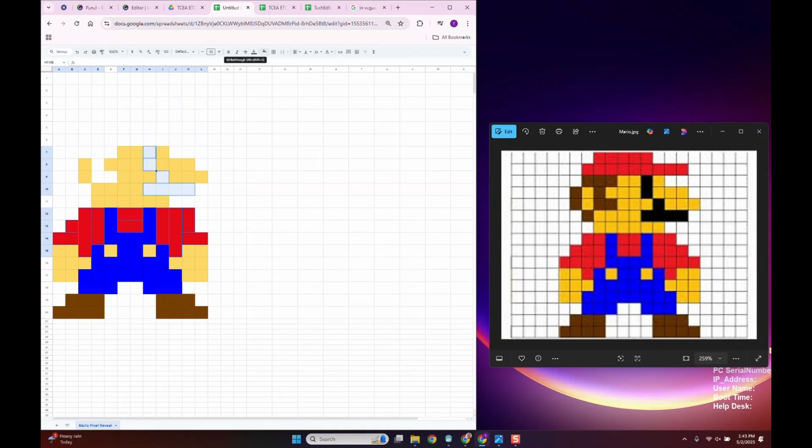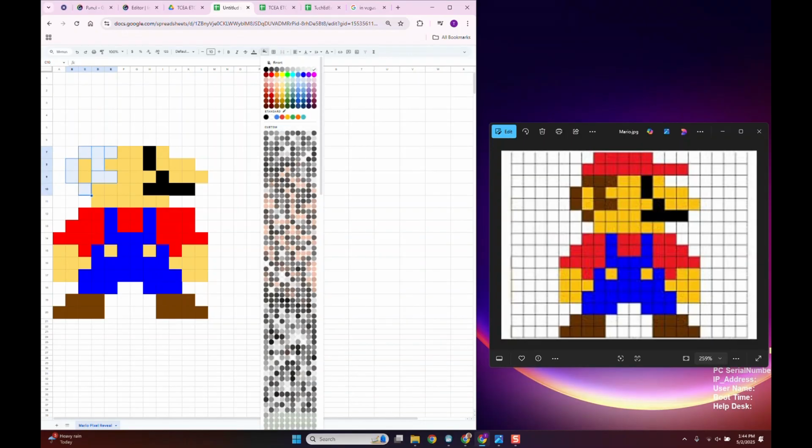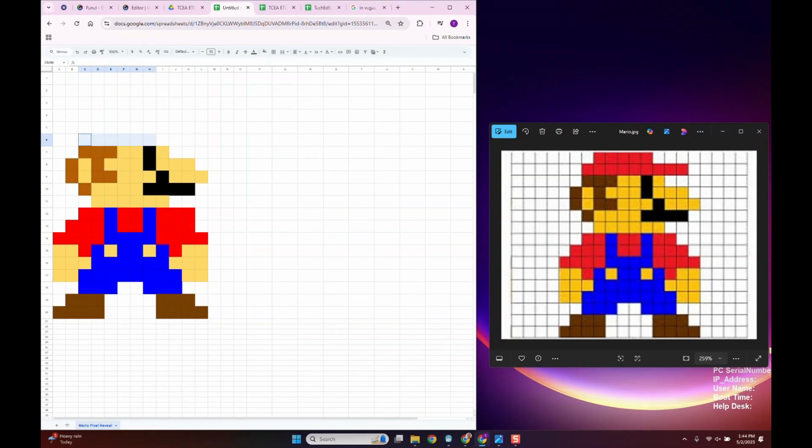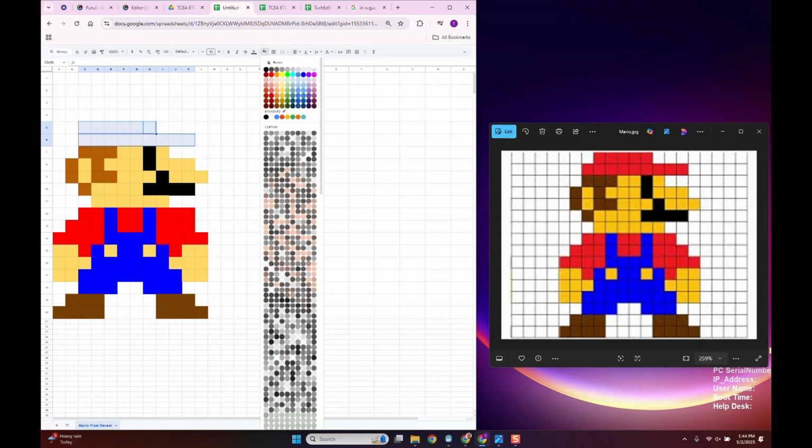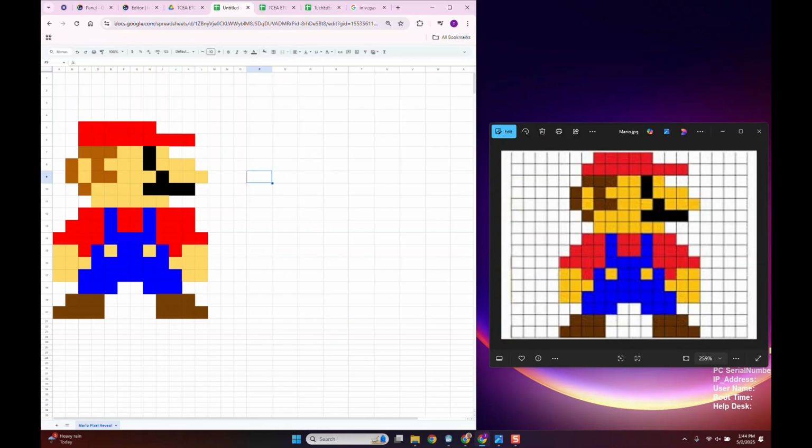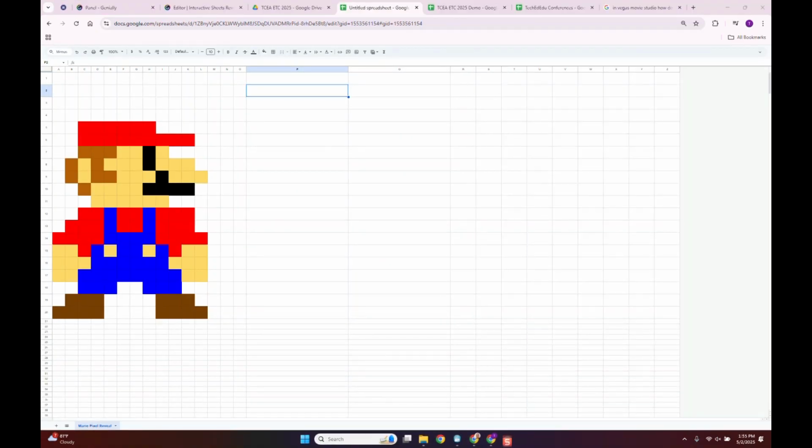So if you don't know, this is Mario. And we're just about finished here. What we do is, oh, I made a little mistake there. I had to undo that. I kept them all selected. I shouldn't have done that. It doesn't have to be perfect, as long as the kids know what the image is supposed to be